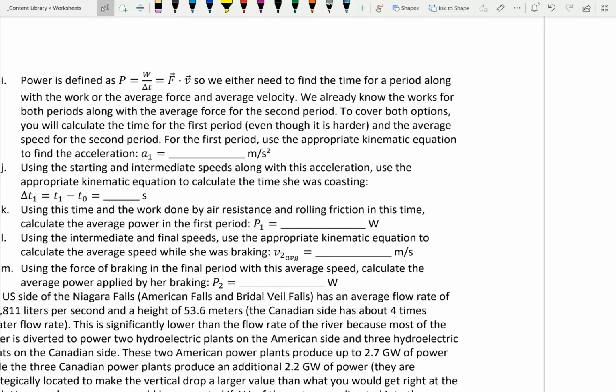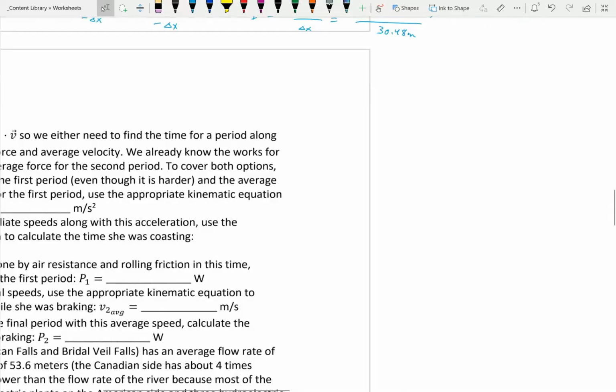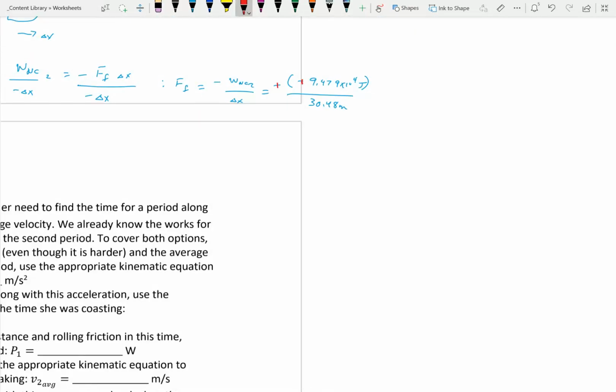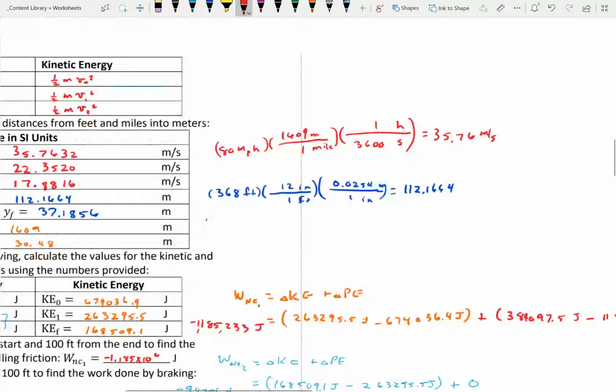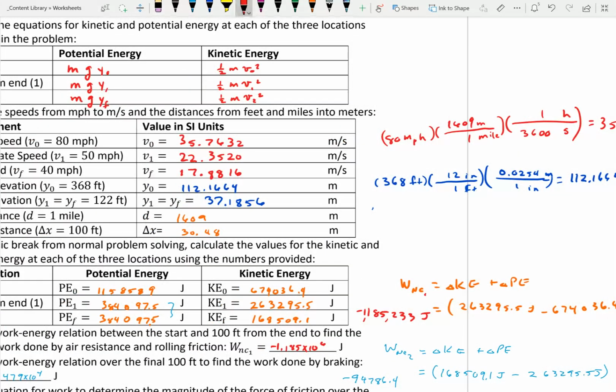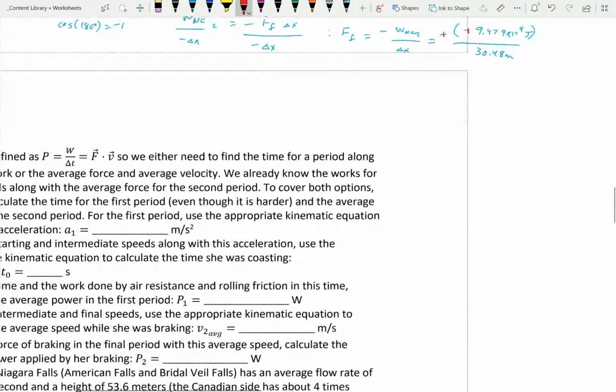For the first period, use the appropriate kinematic equation to find the acceleration. So for the first period, I have the speed at the beginning of the first period is this, and the speed at the end of the first period is this. And I have the distance that it's traveling is 1609 minus 30.48. I don't have time, right? So I'm going to want to find the equation for the acceleration, distance, speed, and no time. So that equation is acceleration 1 is equal to